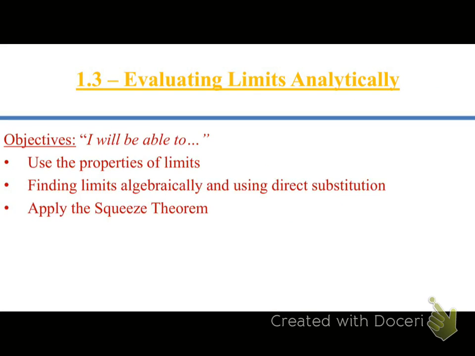So just to go back and recheck in with our objectives, applying the squeeze theorem, that's where we ended off, using that interesting x squared, the limit as x goes to 0 of x squared times sine of 1 over x, finding limits algebraically and using direct substitution. We saw some difference of squares techniques, general factoring, and kind of getting creative with the CPM rectangle. And then of course we started earlier with the properties of limits that showed us that we can multiply the product of 2 limits